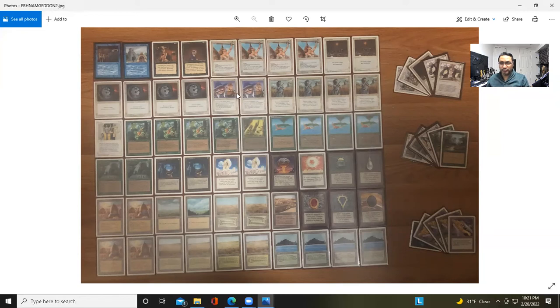improve on this deck, but more likely than not, I'm just gonna try my Bantamgeddon. I'll try a different version of the Armageddon decks. I have like several, right? So instead of just trying to fix this one, I'll just play another one. And that's what I would have done, but the next Old School tournament is X points. And as I'm practicing, just on my own here, playing mock games, I didn't like the performance